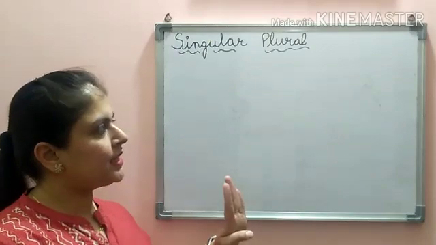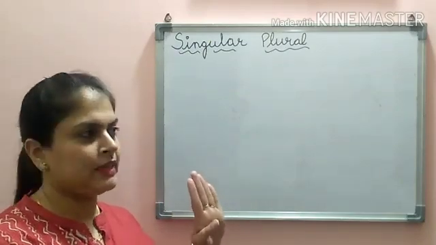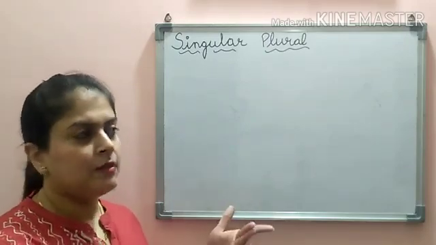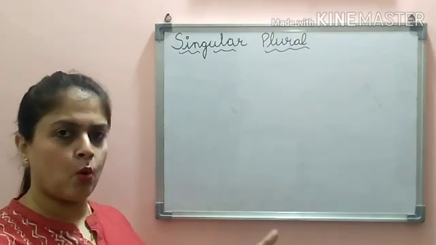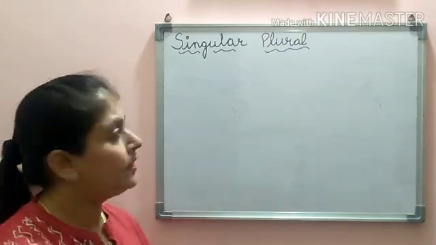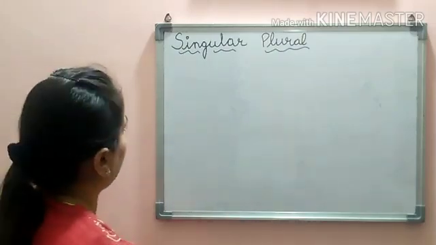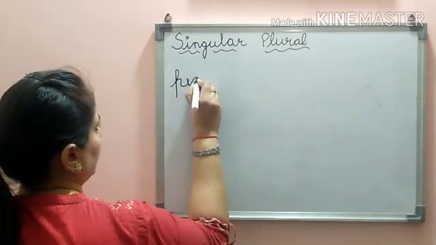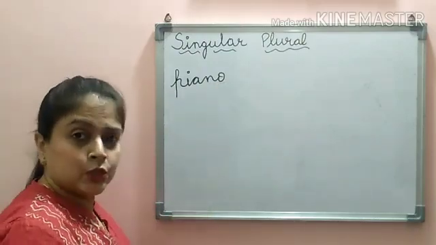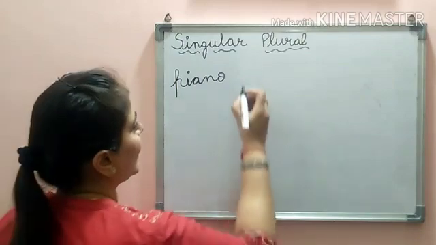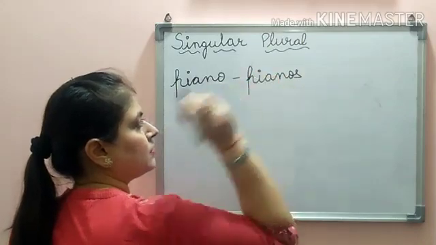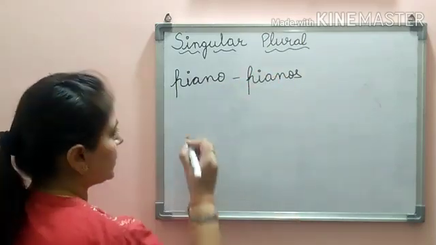Now, the next thing I am going to explain is, I told you that the words that end with o, we have to add es to them to make them plural. But there are a few words that end with o, but still we are not adding es to them. Simply we have to add s to them. Now let me write down those words for you. As piano. As you can see, it is ending with o. According to the rule, I should be adding es to this. But no, I will simply add s to make it a plural word. Pianos. Alright.